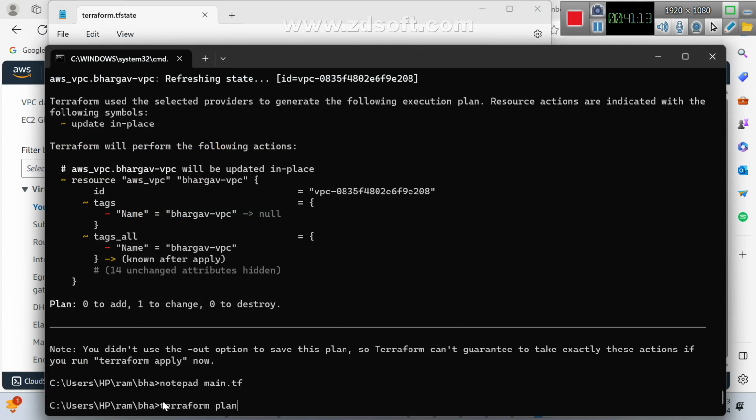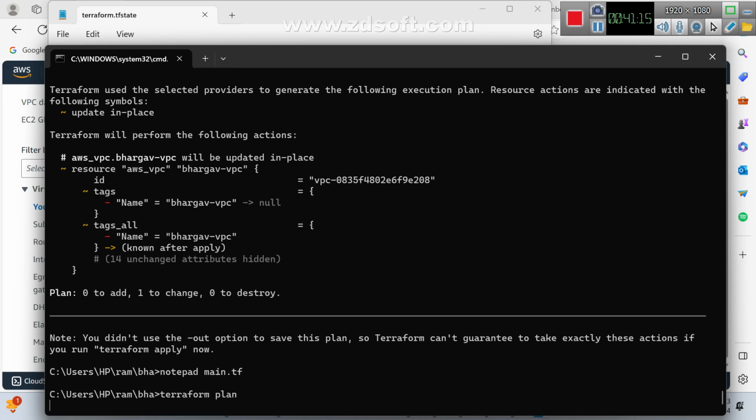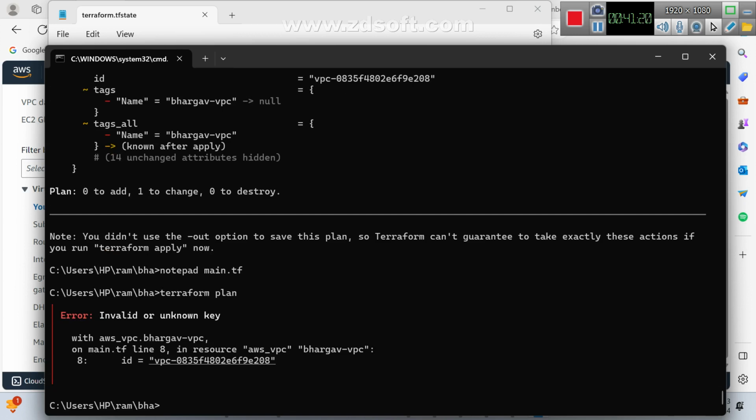Terraform plan, right? Now see, is there any other thing it is expecting? We need to add. What is it saying? I think ID in resource aws_vpc. Okay, that is not necessary. It is saying invalid, unknown ID. Okay, no problem. No need to give ID.